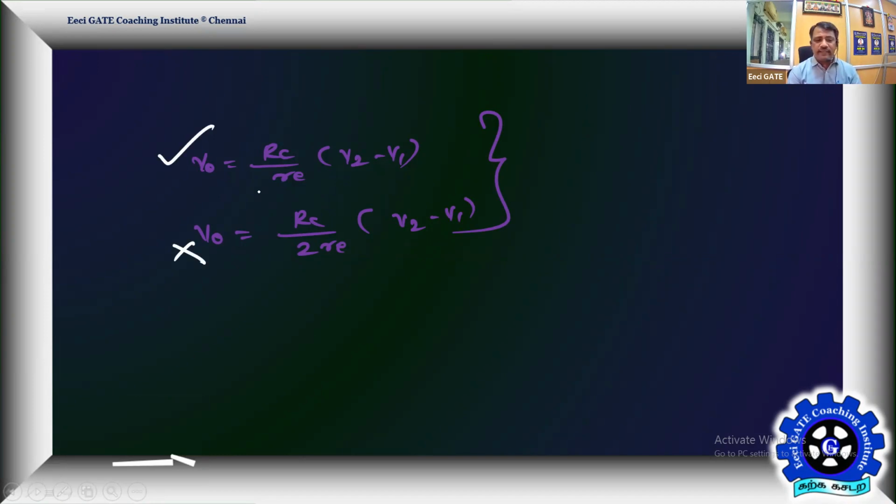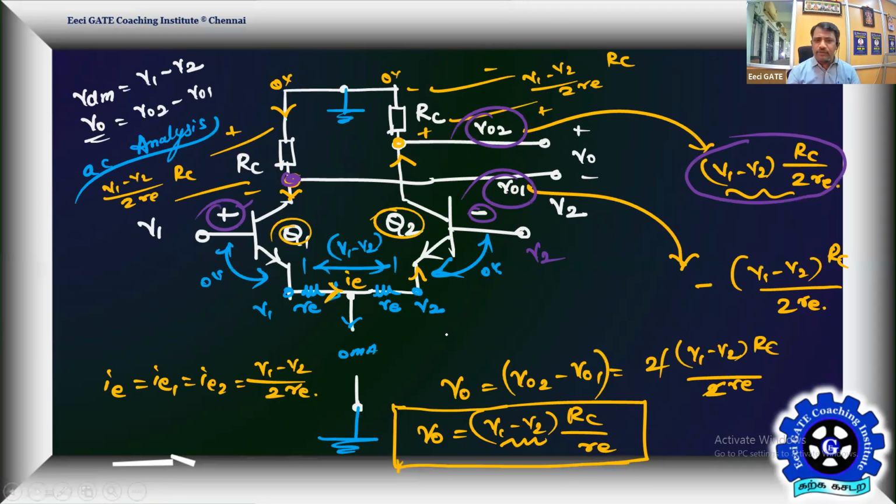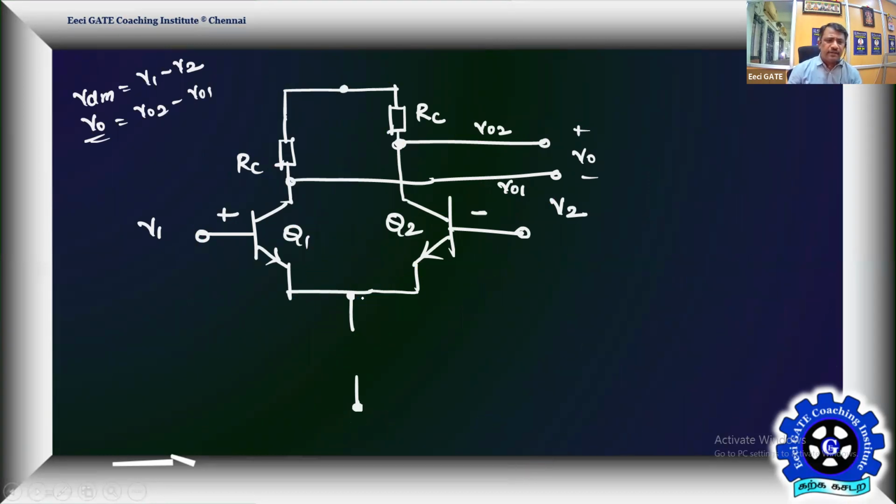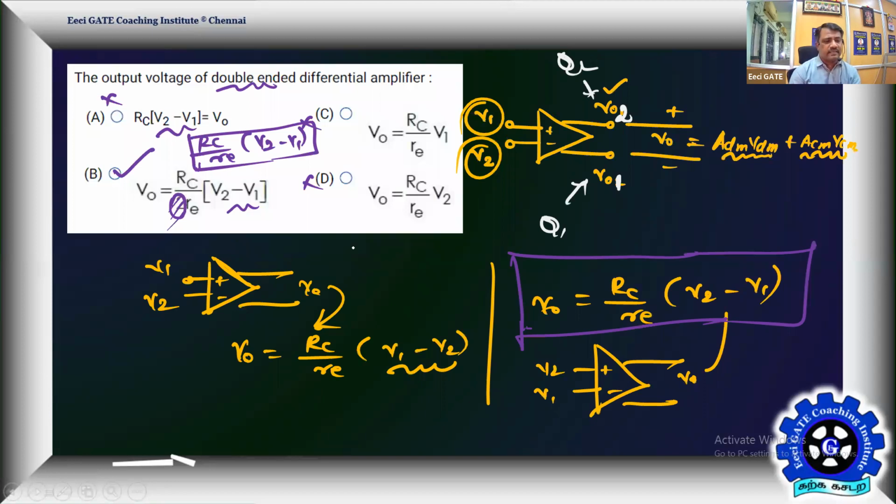By giving two different expressions, by mistake he has given RC by 2 rg instead of RC by small rg. If given, this is the best possible answer. Since we are looking for that and it is not there, we are going for this as per the given problem. If both are given, the first one will be the correct answer. So I have given you the material to conclude what the expected answer is, and since it is missing, we are going for something else. So he missed that too. It's not a printing mistake. Really, he has missed that too.